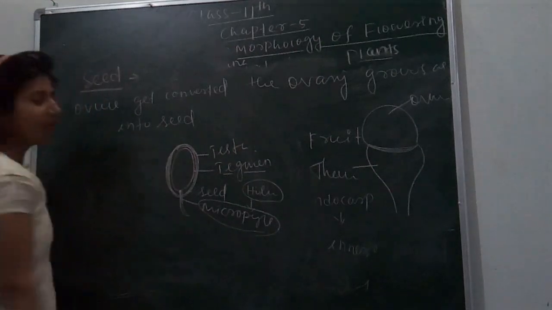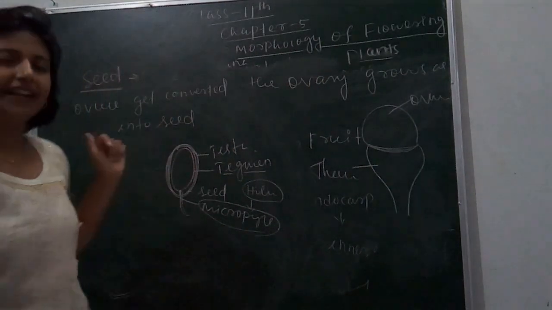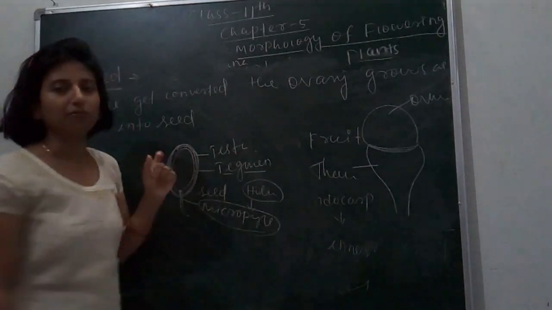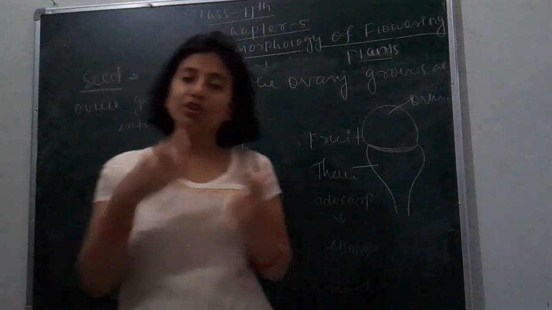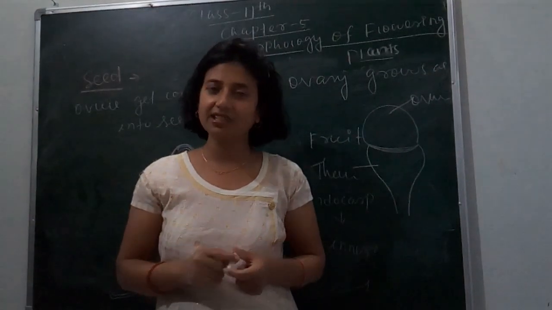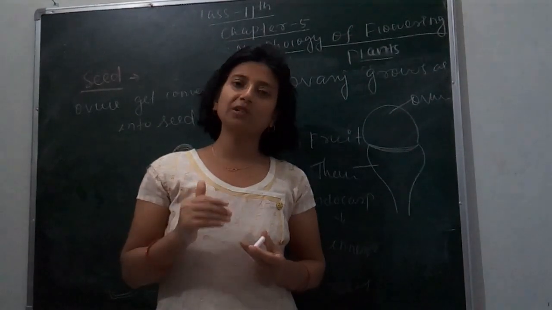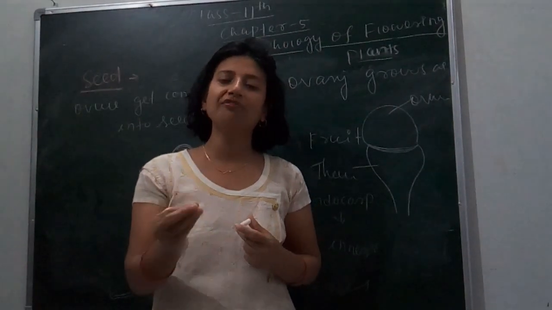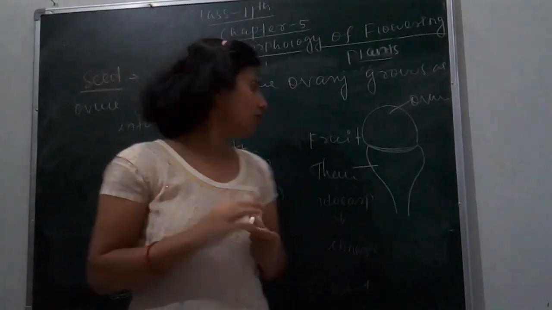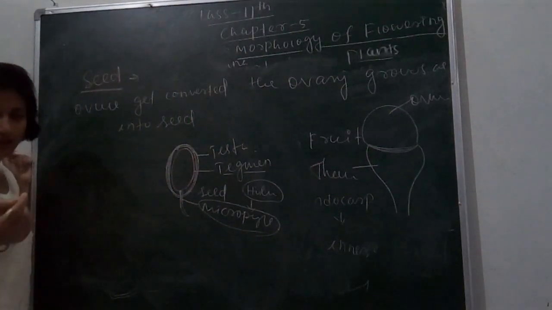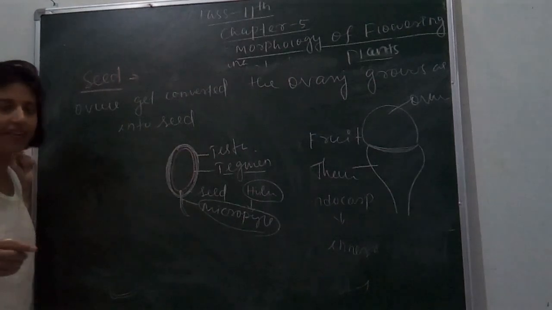consumed. So what is endosperm? You know about it. I know you know about it because I have taught you in class 10. Endosperm is the reserve food material that provides nutrition during the growing of an embryo. So here, on the presence and absence of endosperm during the embryonic development, it is again divided into 2 types that we will study later.